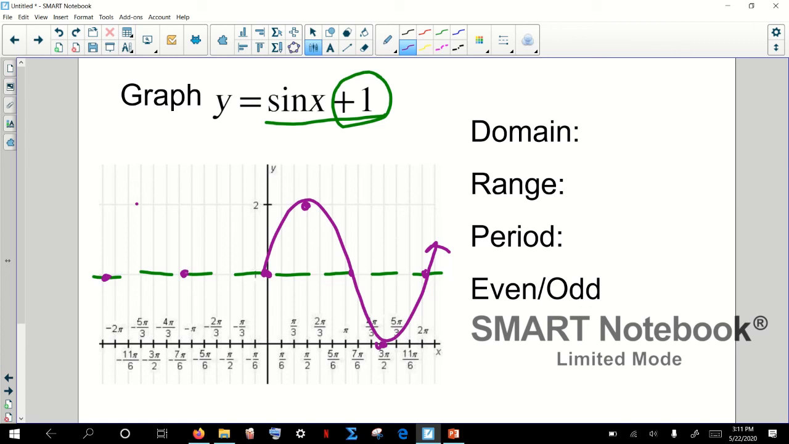Oh, sorry, this is hard to do when it's shifted up a little bit. Here we go. And here we go. So that is going to be sine of x plus 1. Our domain is going to be the exact same thing, all real numbers. Our range, however,